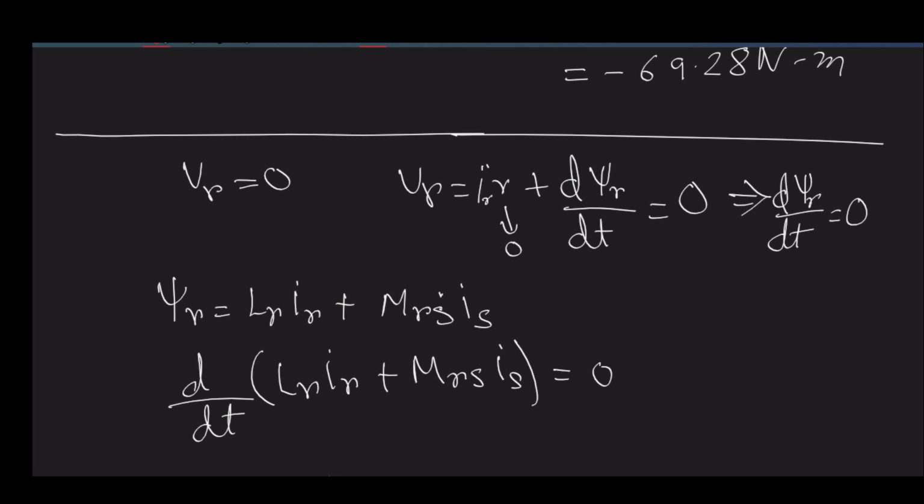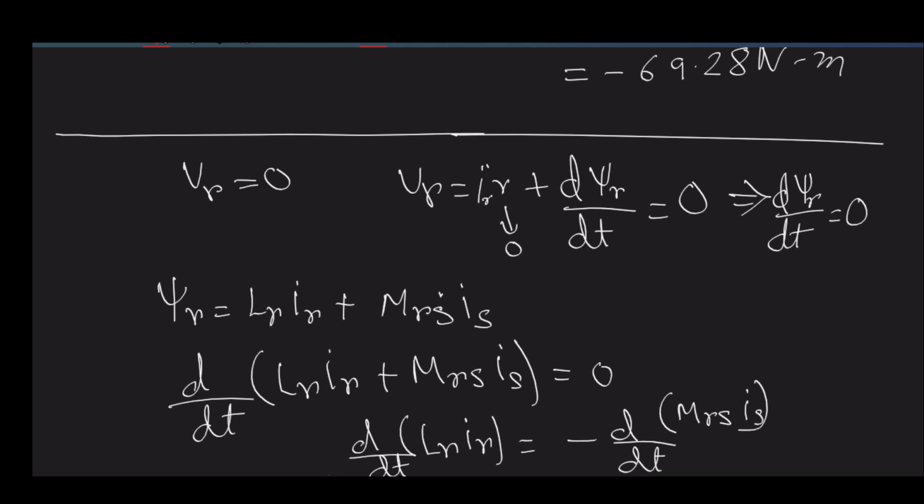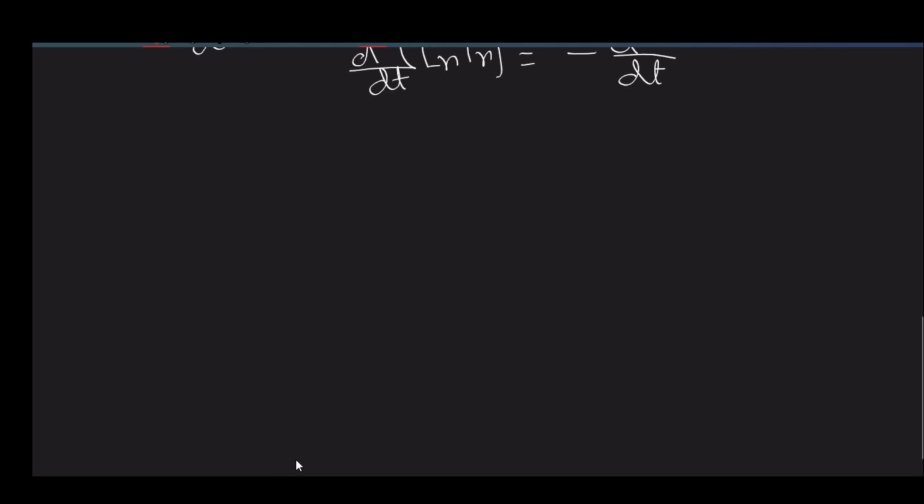So that results in d dt of LR IR is equal to minus d dt of MRS IS, right? Or in other words, you can say that IR is equal to